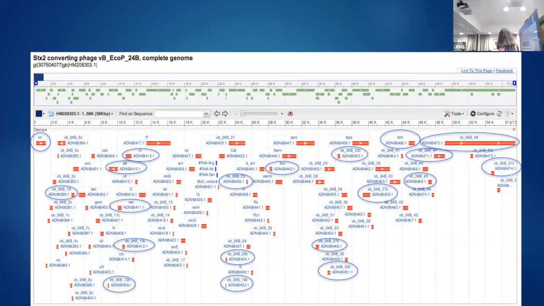And we looked at the level of phage gene expression. So here we have about a 58 kilobase genome. And these are the genes that we found that were expressed from the prophage. And to prove that they were prophage restricted, we did a qPCR profiling. And the way this works is if you take your stable cells and you induce them, and if it's prophage stable, after induction, you'll see it drop. And if it is induction sensitive, you'll see it quite low in the lysogen culture, but after induction, it rises.